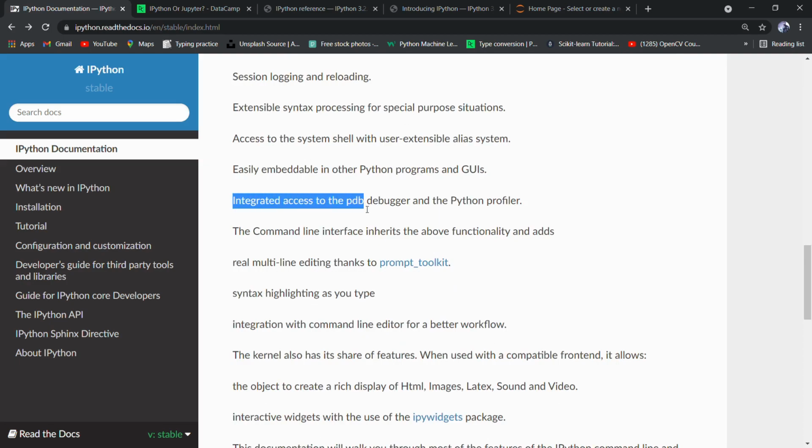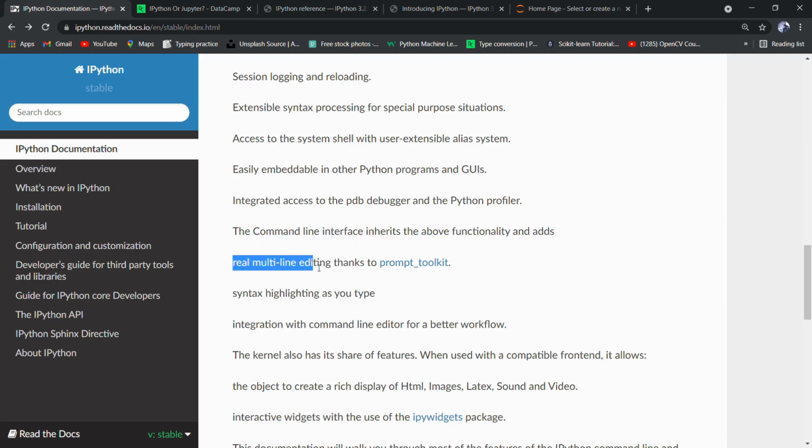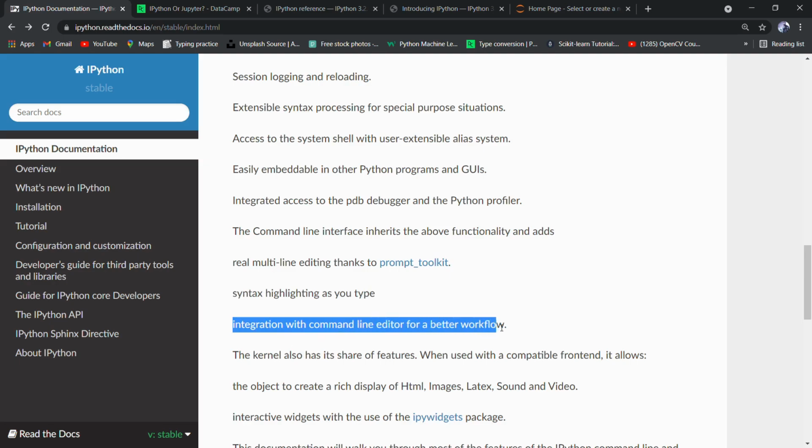Integrated access to the PDB debugger and the Python profiler. The command line interface inherits readline functionality and adds real multi-line editing thanks to prompt toolkit, syntax highlighting as you type, and integration with command line editor for a better workflow.